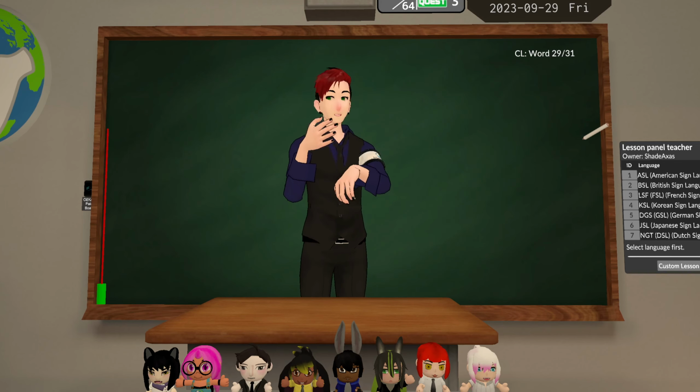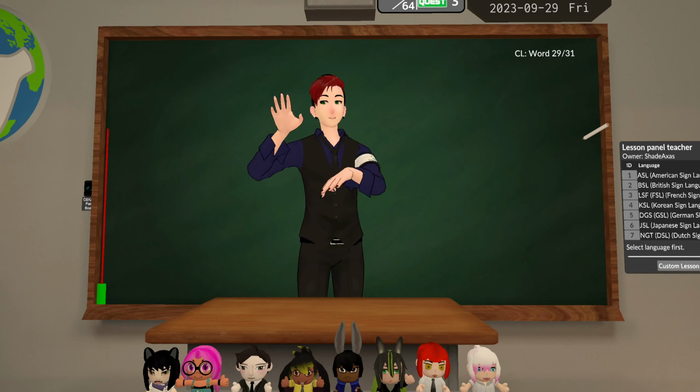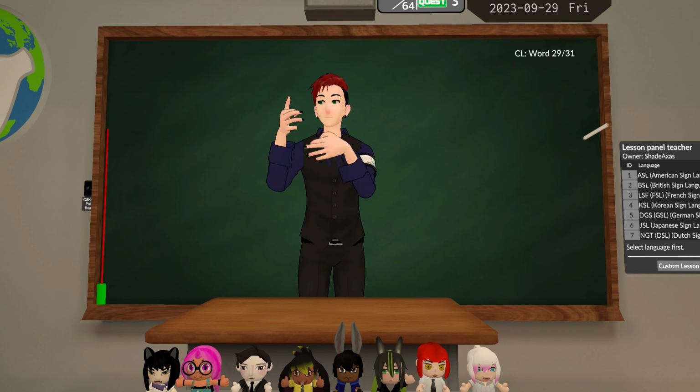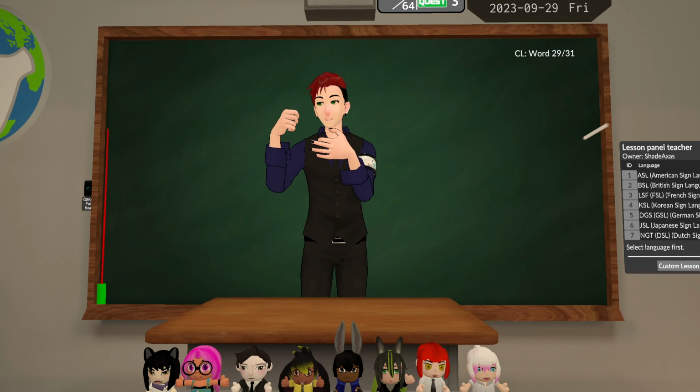So typically you need to make sure that the person you're learning from is a deaf person who grew up using the language. That is the best option you have. It's any language you learn. Anyone at all. If you are trying to actually learn a language, like for example, if I'm going to learn Japanese,